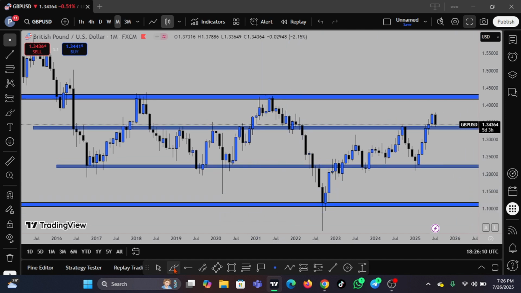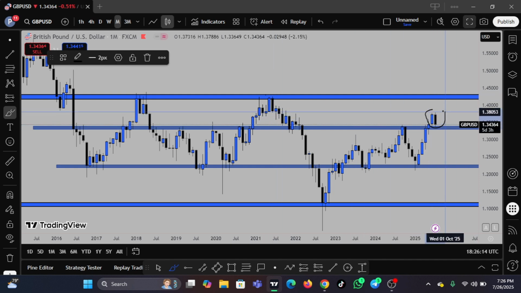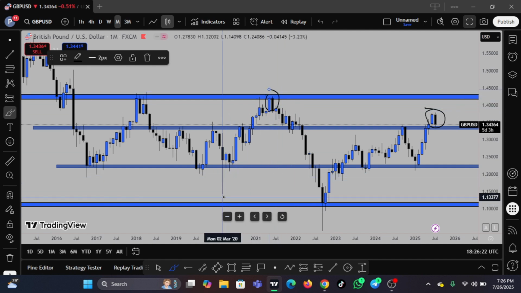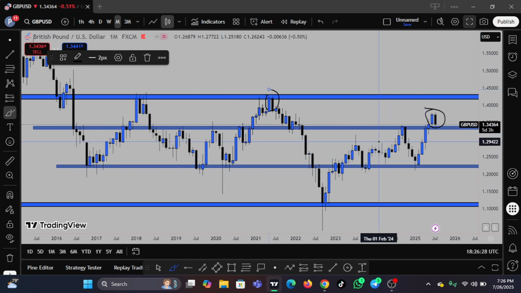And here is my view. Look at this current candlestick, and look at this candlestick that has formed here before. Do you see any similarities? Yes. And this candlestick is a reversal candlestick, which we call the bearish railway candlestick. This is likely to drop price down.